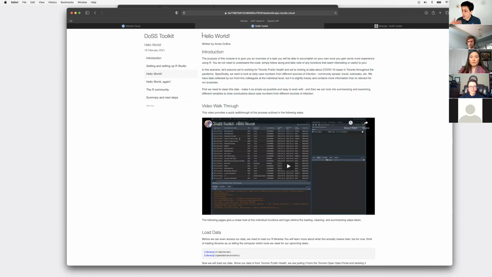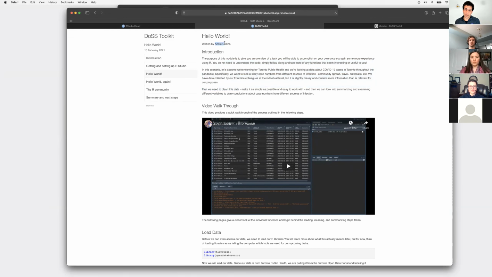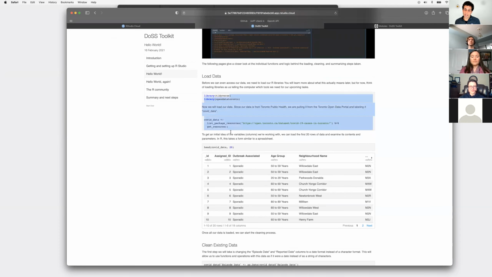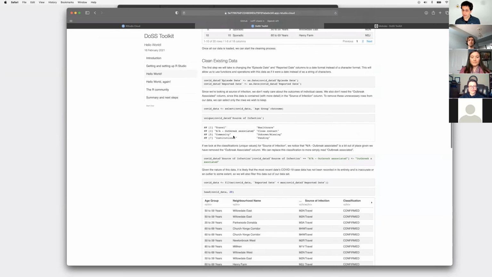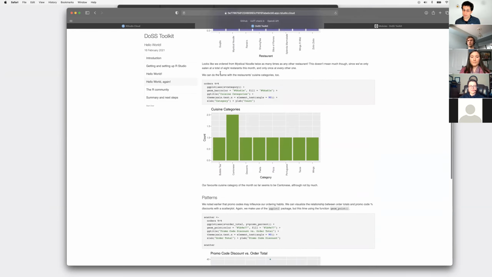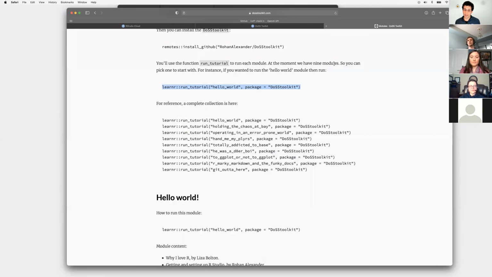This is just an example, a motivation for some of the things that you might be able to do after you've learned R. We've got text. This one was written by Annie Collins. We've got video, and we can see code in action, but we're not being asked to do anything in this one. It's more about reading and perhaps being inspired by some of the things that we could do. And finally, for this module, one of the really great things about R is the R community. And so we've got some steps for how you might like to get involved in that.